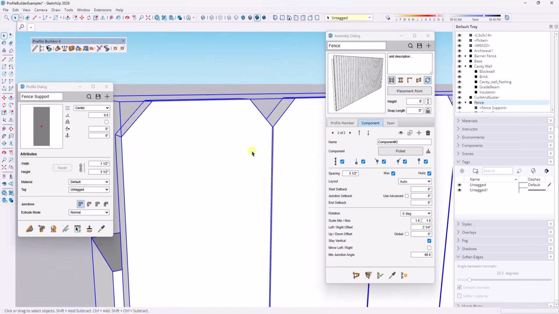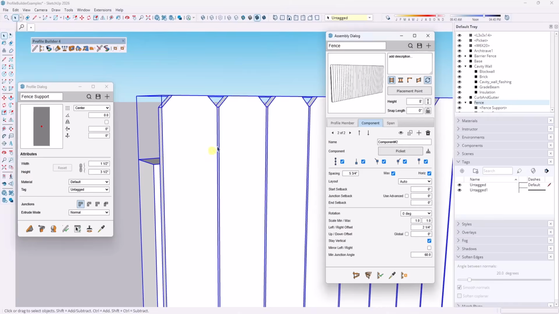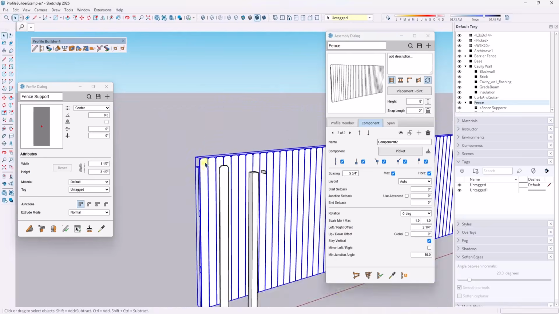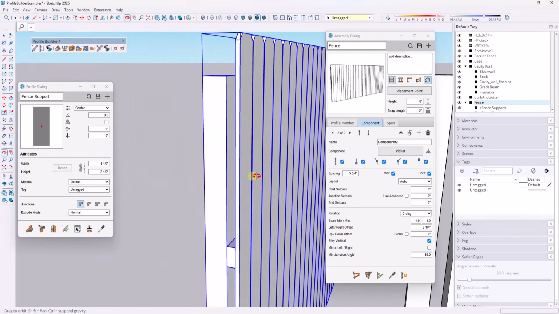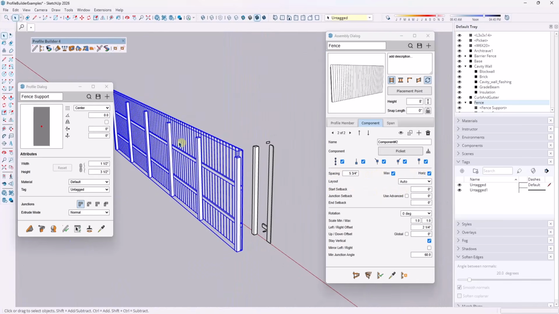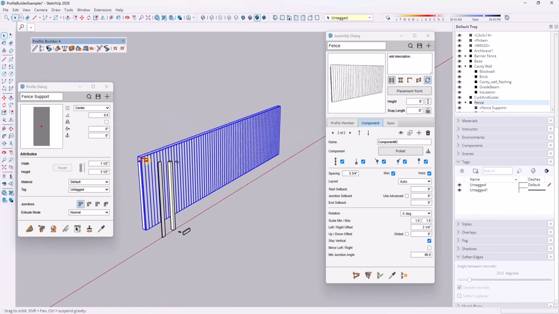placed every 5.5 inches. But I want there to be a little bit of a gap. So we're going to say, instead of 5.5, we'll say 5.75, and update this. Well, notice how now I have a gap in here. And so all we've done is come in here and set this up where it's going to repeat your vertical supports, it's going to repeat your horizontal supports, and it's going to repeat your pieces that are